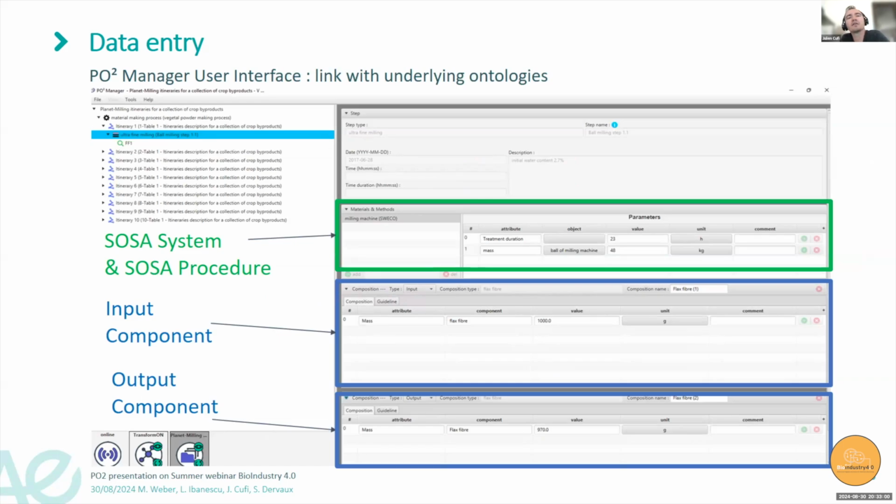The important thing here is that through the form of the application, there is a mapping between the fields of the application and the underlying ontology. So if you fill in material and methods, you are feeding data directly, structured with the SOSA ontology. And here you can see the specific step, the material and method involved in this step, and also the input and output components